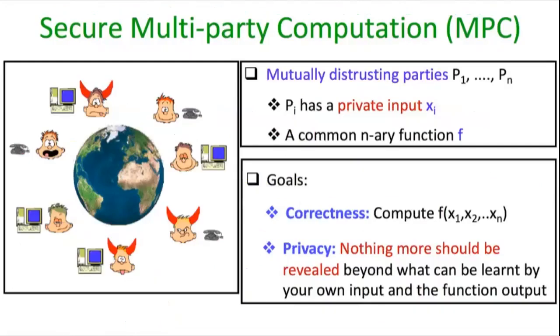Okay. So now let me go to the second problem which I wanted to address or touch upon in this tutorial. This problem is about secure multi-party computation, which is a very fundamental problem in secure distributed computing. So the problem here is as follows. You have a set of n participants. They might be present in different parts of the globe. They are connected, of course, by channels over the internet. And the parties do not trust each other. They might be competitors.